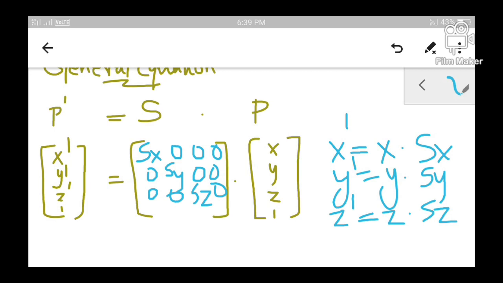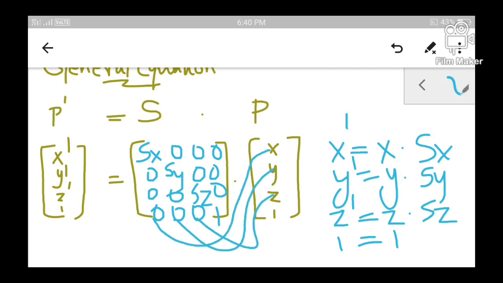Now going back to the last row, the equation we require is 1 equal to 1, which means there are no values regarding x, y and z. So x, y and z positions will be having 0 in it, and in the last position I am storing a 1, so that when the last row is multiplied to the column matrix, we will get the value 1. Let us multiply 0 into x plus 0 into y plus 0 into z plus 1 into 1. What is it? Equation is 1 equal to 1.